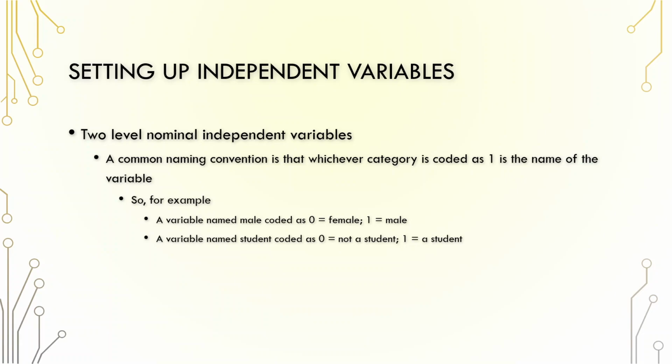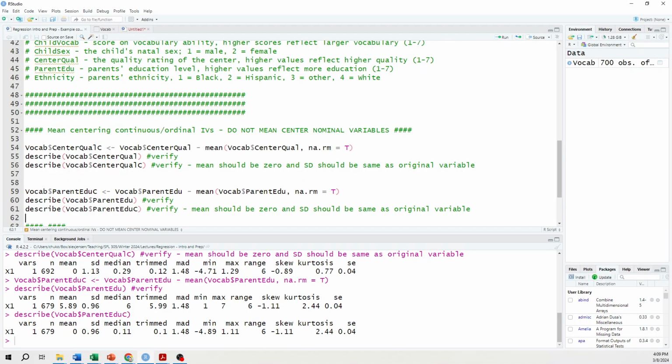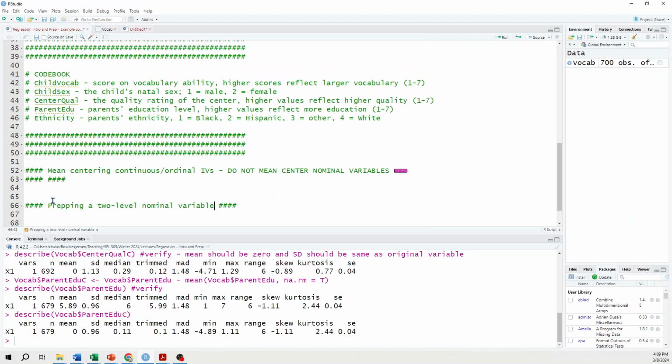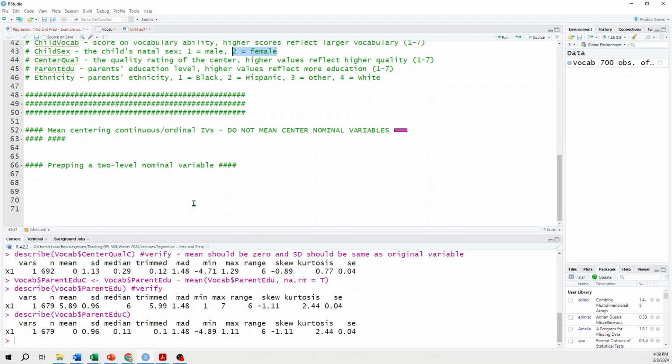All right, let's jump over to RStudio and do this. Prepping a two-level nominal variable. So in this little data set, we have child sex. Male is 1, female is 2. So let's